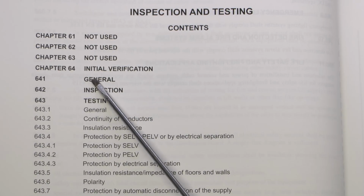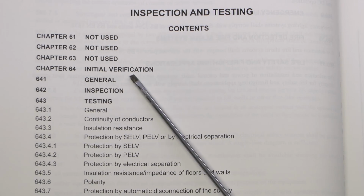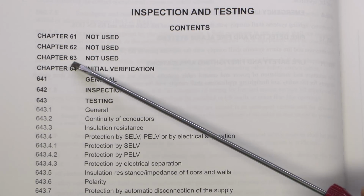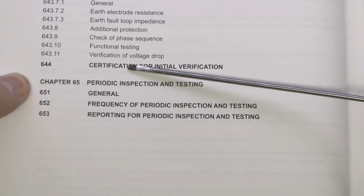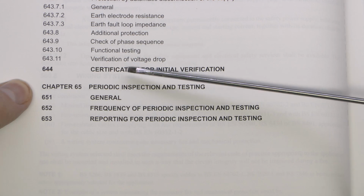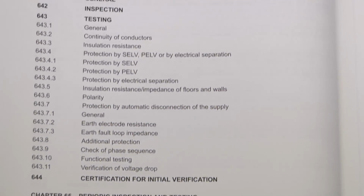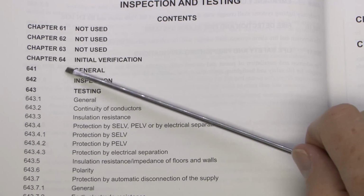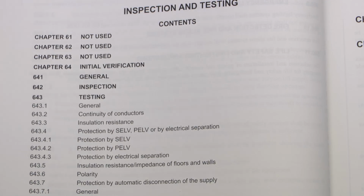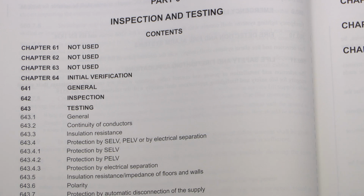Chapter 63 used to be certification for the 2 items, and essentially all they've done is cut up chapter 63 in half, stick half of it on the end of chapter 64, and then the other half has been stuck on the end of chapter 65. So in theory most of the content's the same, it's just been removed, cut up and then stuck in a different place. And of course this means that every single regulation number has changed, as they all now start with 64 or 65. Now as well as that, there are a number of changes to some of the regulations themselves,